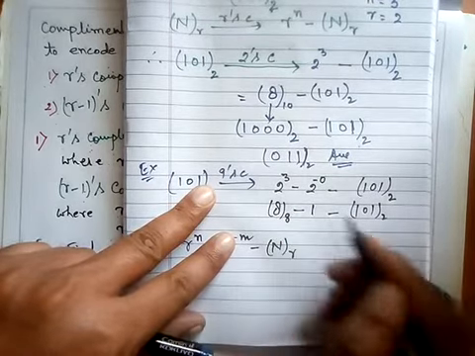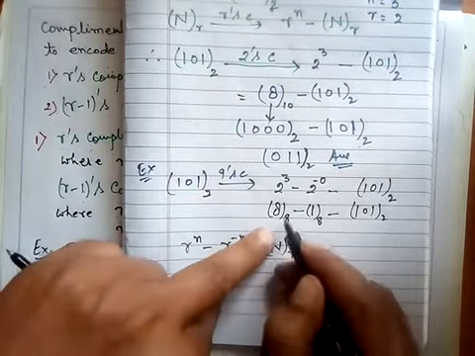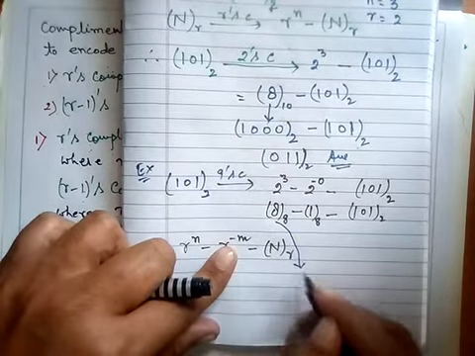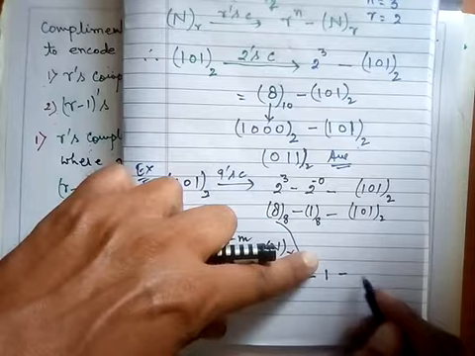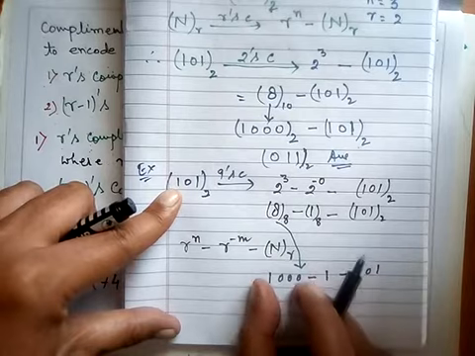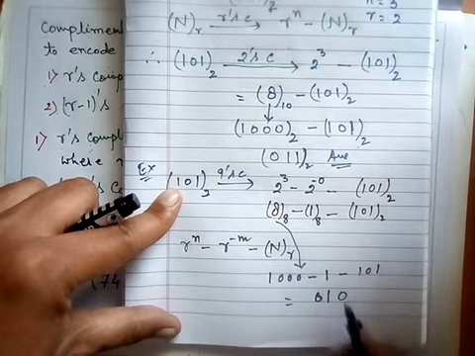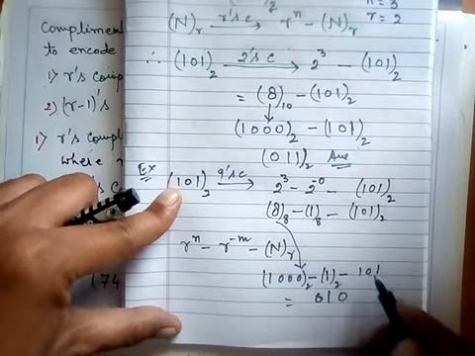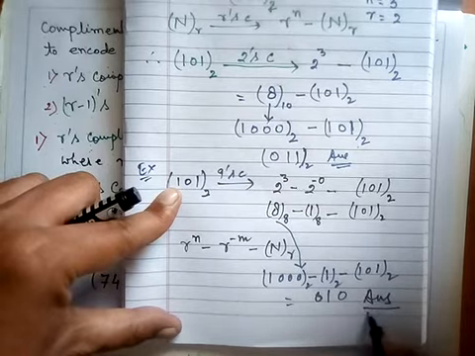Again this 8 is in decimal. This 1 is also in decimal, although 1 in decimal corresponds to 1 in binary. So again I have to convert this. This 8 will be 1000 minus 1 minus 101. If I solve this, you add these two and subtract from here, it will be 010. My final answer. All these numbers are in base 2, so now I can subtract them, and this is my final answer.